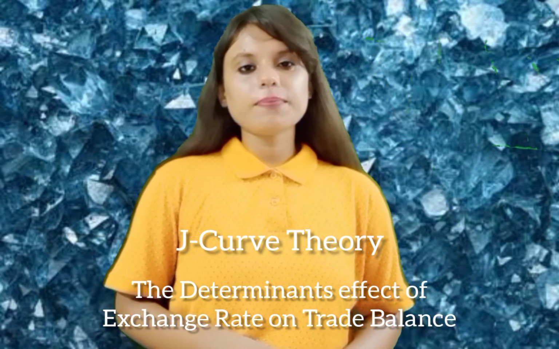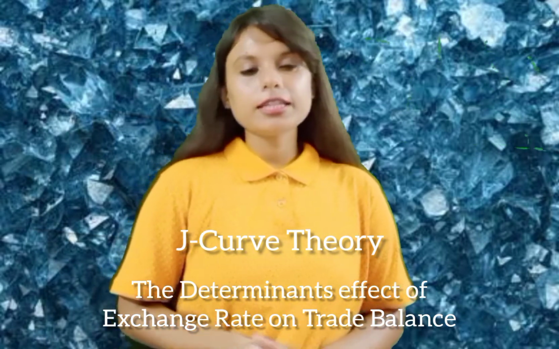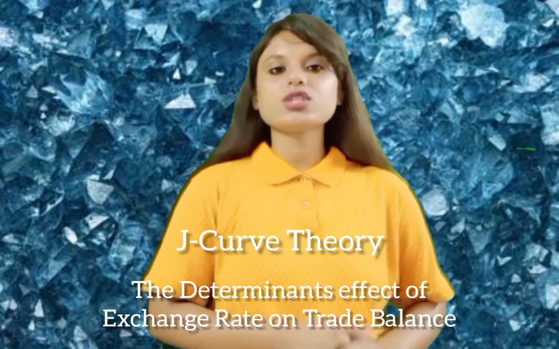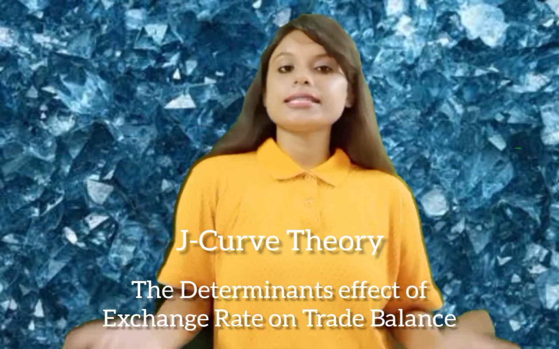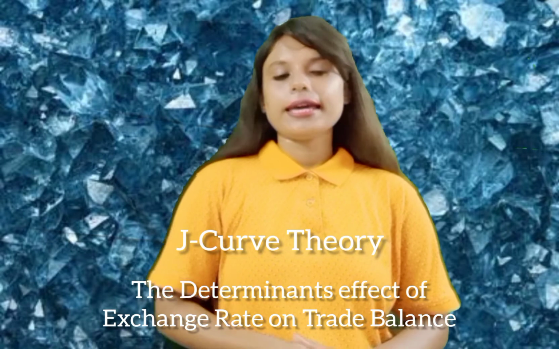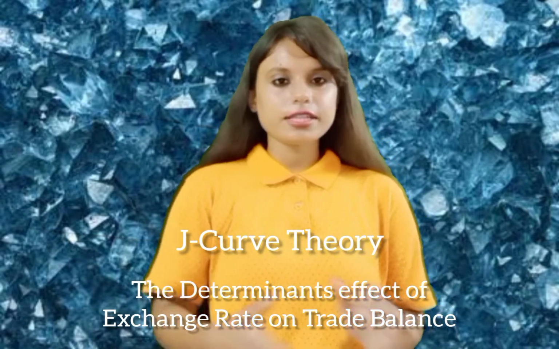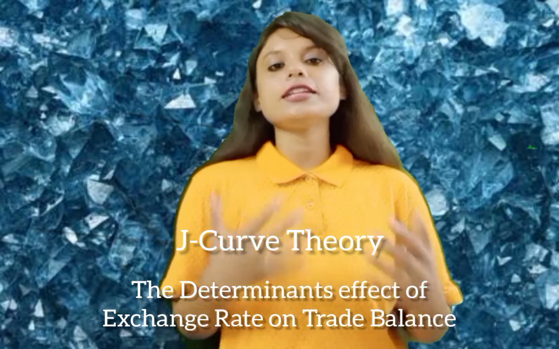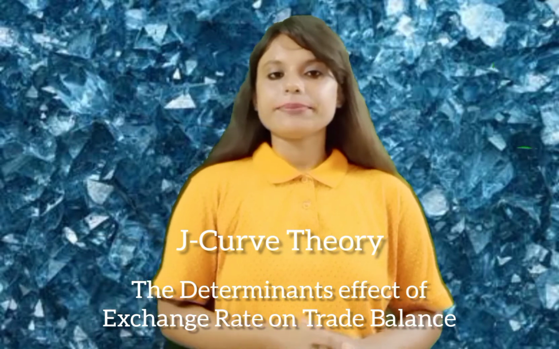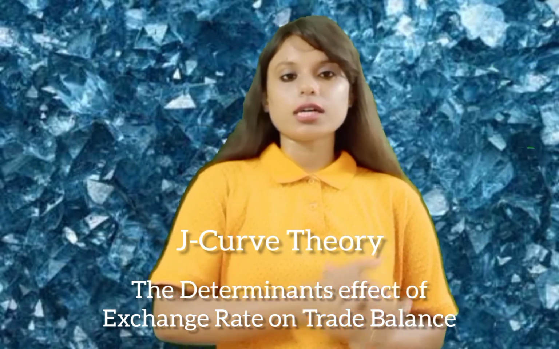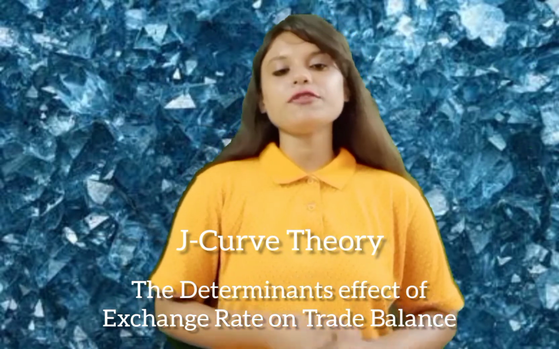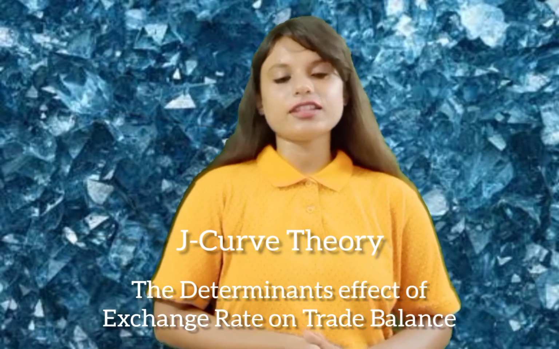As first illustrated by Magee, the J-curve phenomenon reflects how a devaluation of a country's exchange rate affects its trade balance over time. Thus, it is considered as a dynamic view of Marshall-Lerner condition, or more generally the elasticities approach. In the short run, instantly after currency devaluation, domestic importers face inflated import prices as paid in domestic currency. Thus, the net exports decline. On the other hand, the domestic exporters in the devaluating currency face lower export prices, since the demand for exports and imports is fairly inelastic in the short run.